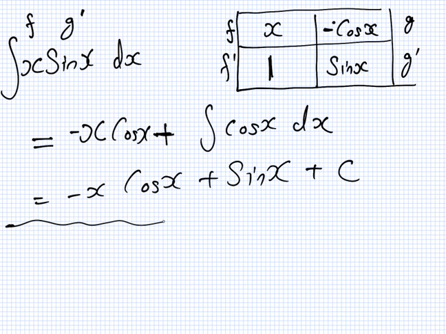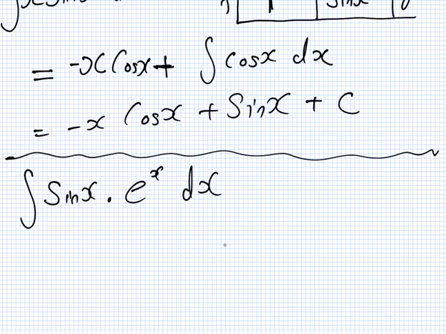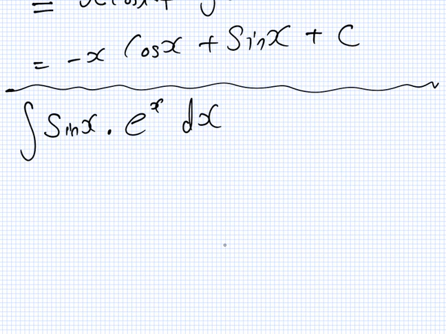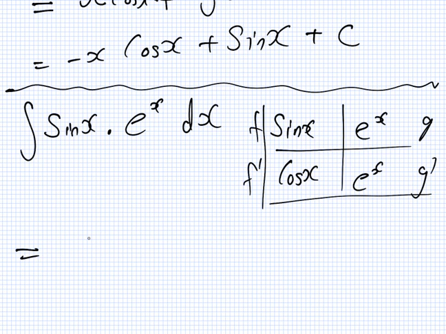Okay, now I think we've done plenty of examples where it's just straightforward using the table. So let's look at one that isn't as straightforward. So let's say the integral of sin x multiplied by e^x dx. Let's see what we get here. So if we try to use our table, f, derivative, g, derivative, so that's sin x, cos x, e^x. So it's fg